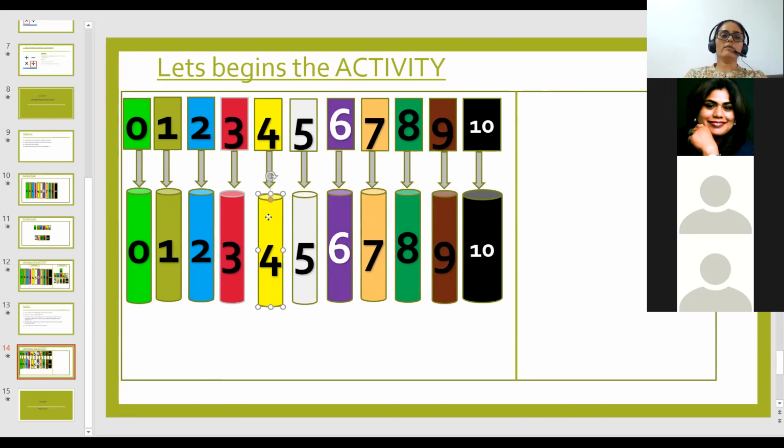So now all of us will again read these numbers. Now we have seen the sequence exactly matching with the cards and the rod. So let's all read the numbers. The first number on the number system is 0. 0, 1, 2, 3, 4, 5, 6, 7, 8, 9, 10. Excellent. So now has everybody understood how we have to identify these numbers? Yes, ma'am.